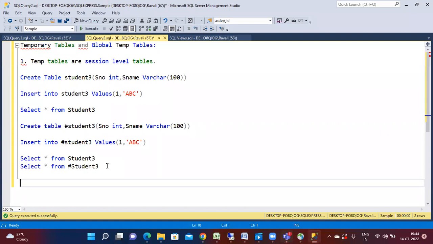But if you close the session, or the session is disconnected because of a network issue or any transport level error, the temp table will automatically be gone. If the session is disconnected or closed for any reason, the temporary table will be gone. Again, you need to run it. But when it comes to a global temporary table,